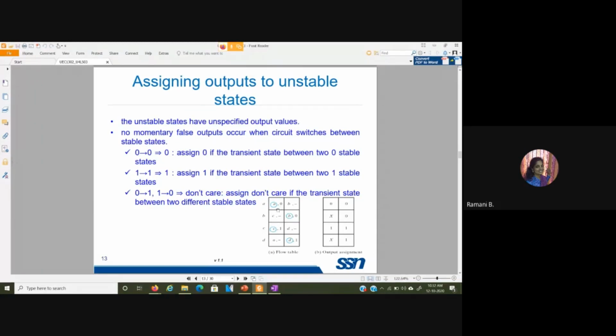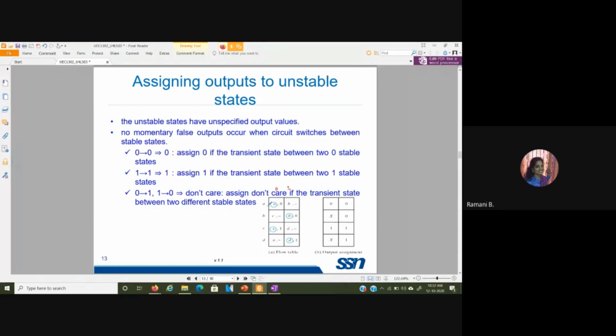So here in this particular example, let us consider the case. Maybe let this input correspond to that of 0 and let this correspond to that of input 1. Okay, the external input variable is only one variable over here.